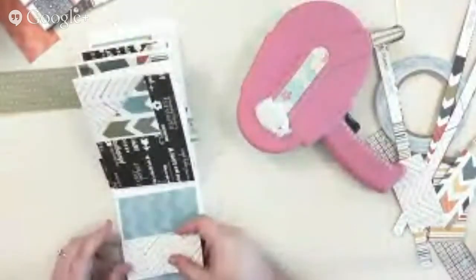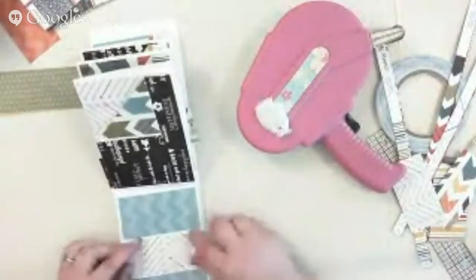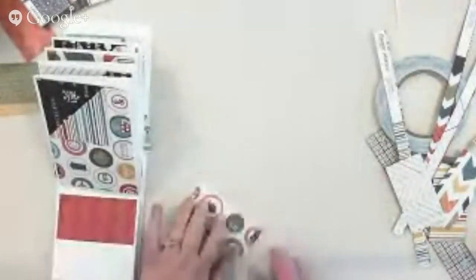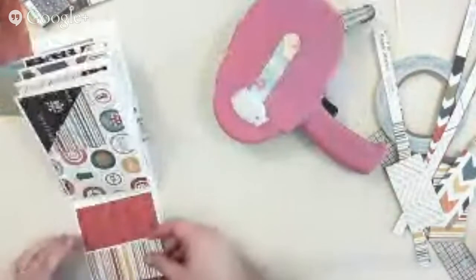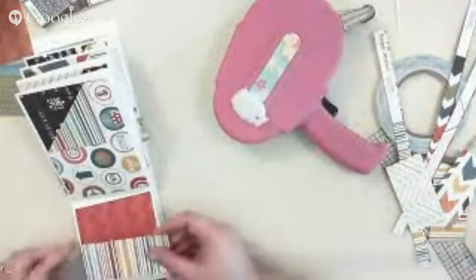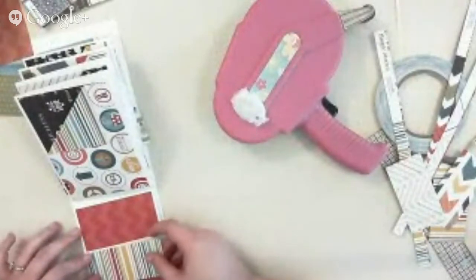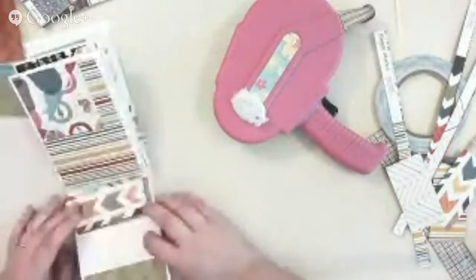Just stick them in there like so, and like so. There we go. 1, 2,